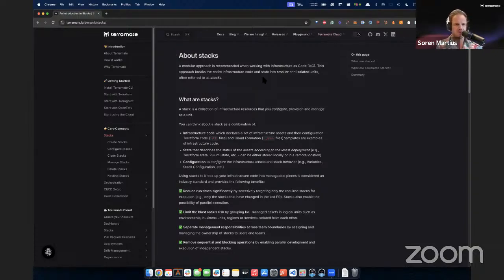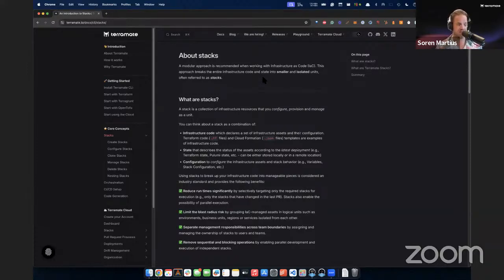So this is the Terramate docs that we see at terramate.io/docs, and it's comprehensive documentation about what stacks actually are. So why stacks? I would say is the first question. To understand that, let's look a little bit at how Terraform works in a more fundamental sense. In Terraform, typically you have one or multiple root modules